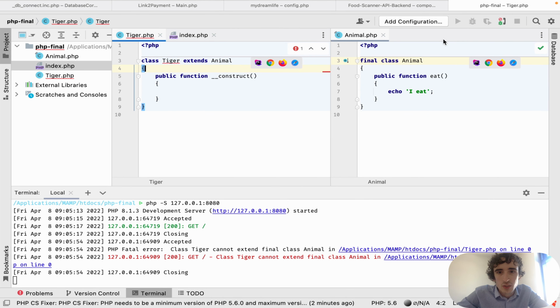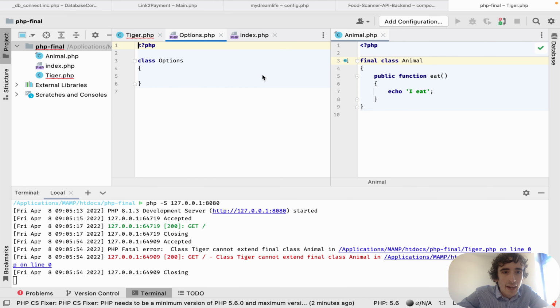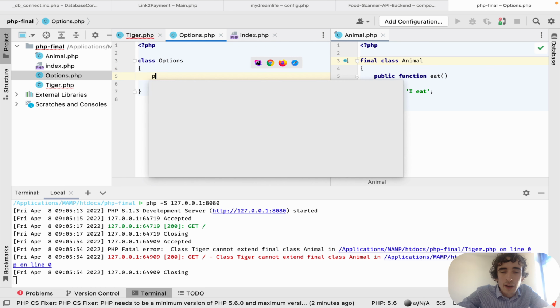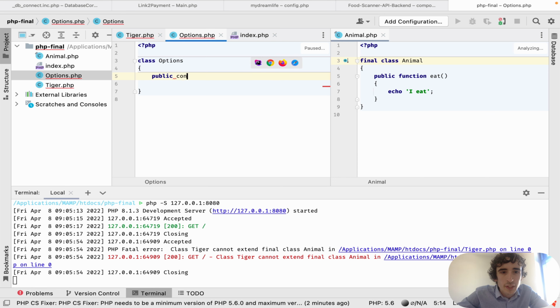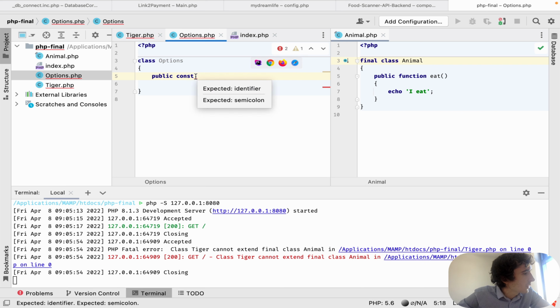So let's actually do it here. I will do something like settings, for instance, or options. Let's say options. And my class options will only have constants. Since PHP 7, I think it's PHP 7, I can have access visibility on constants in a class. So the access modifiers, if you prefer. So I have public const and then